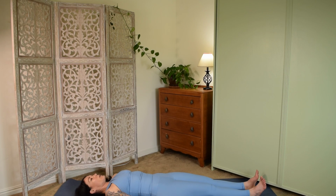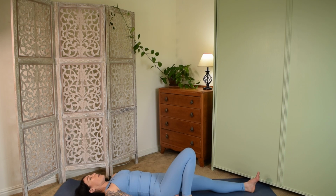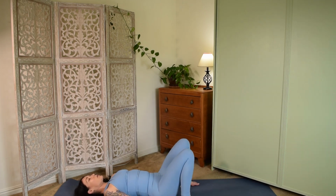Now for Urdhva Dhanurasana, or backward bending, we are going to actually do 3 rounds of 5 breaths each. We're going to bring our heels back to our hips, and you want to bring them a little bit wider. So depending on how you are feeling today, you could either start and end in bridge pose, or you could